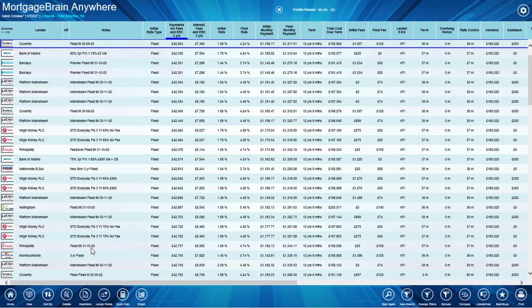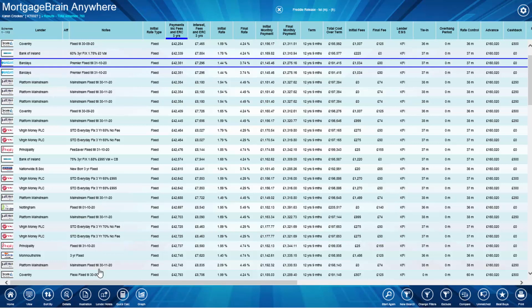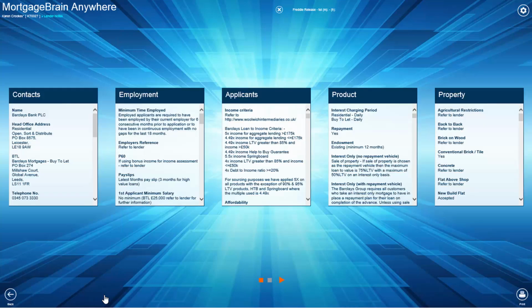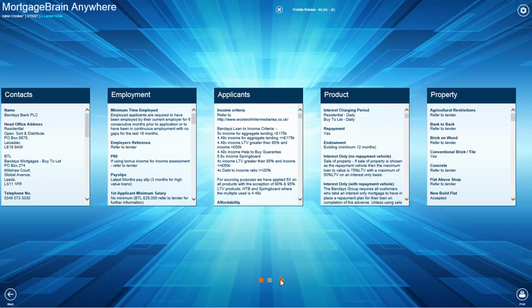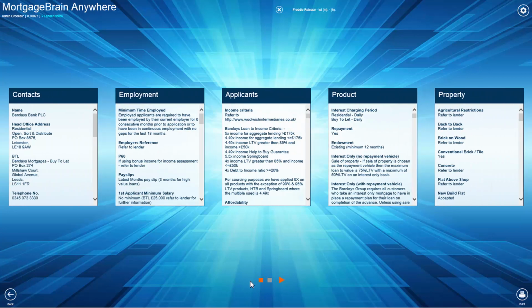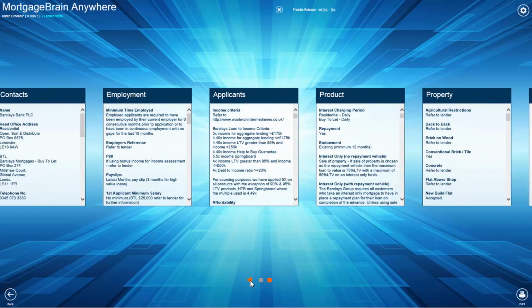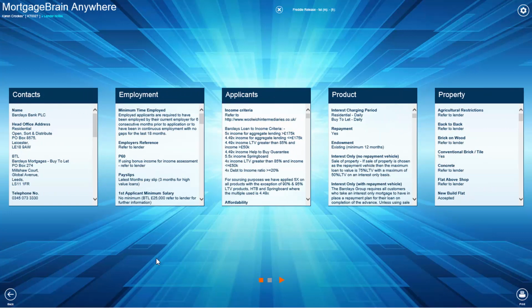You then have the lender notes, and the lender notes provide the underwriting criteria for each of the lenders. And again, if we select a product from the list and go to our lender notes icon at the bottom of the screen, this again opens up a number of tiles. Now you'll notice that in the bottom center here we have an orange arrow. You can click on this to move to the previous tiles, or if using a touchpad device you can swipe left or right. So again, these are divided into different tiles of information which you can see in front of